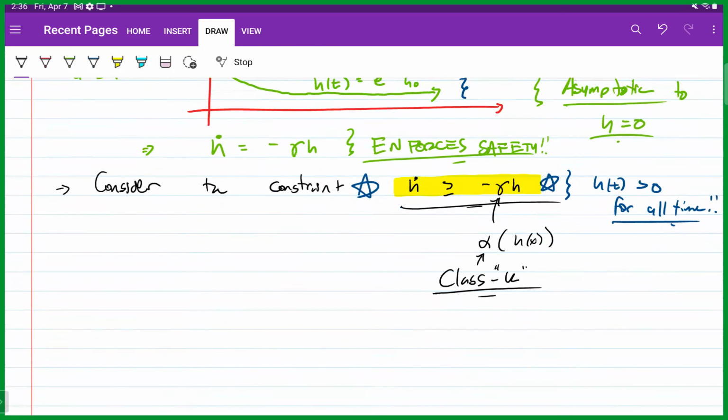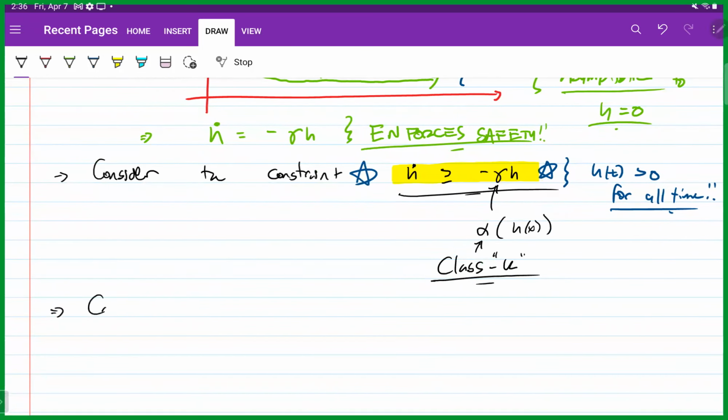Okay, wonderful. So we came up with this constraint, h dot is greater than or equal to minus gamma times h. And now we actually want to apply this to our system, x dot equals f of x plus g of